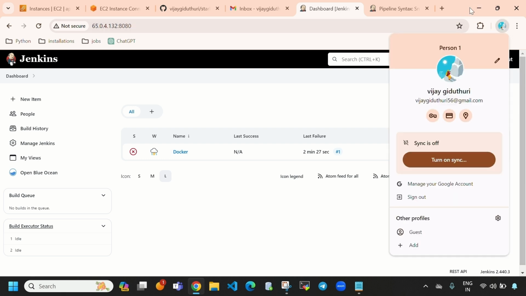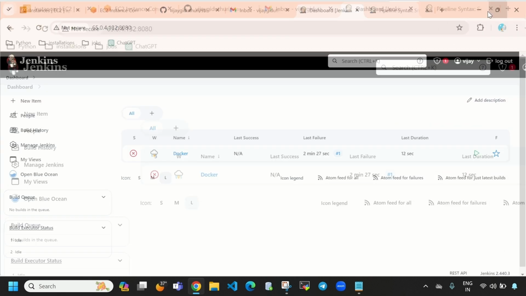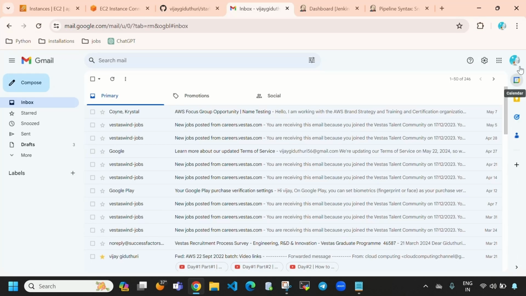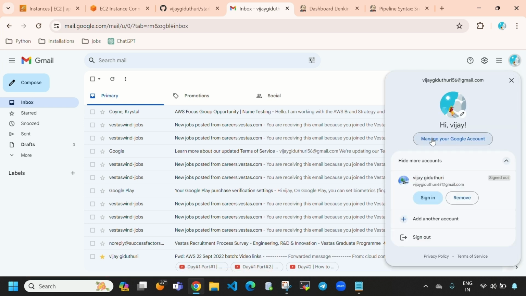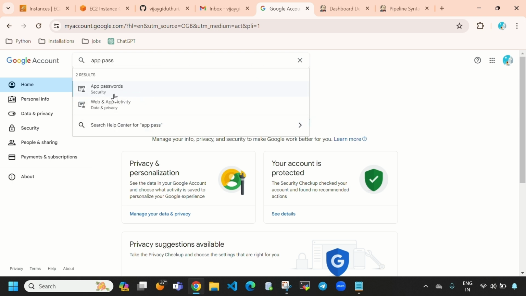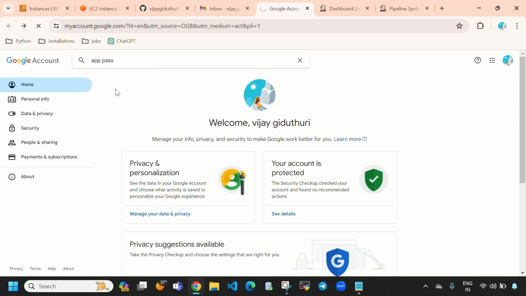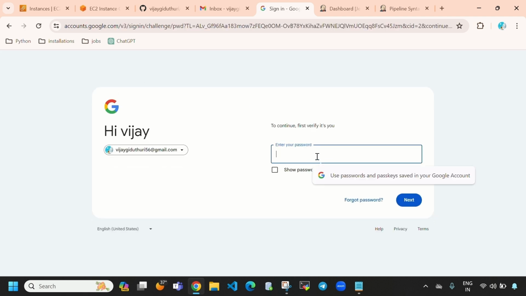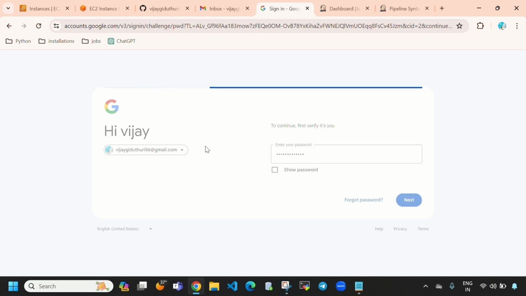So directly, here I will open this, and here we need to select this, and here you need to select Manage your Google Account, and in the search bar directly search for app passwords, and here you can see app passwords. So you need to open this, and here we need to provide our Gmail password. So I'm going to select next,